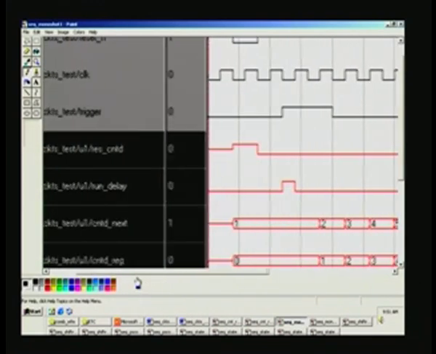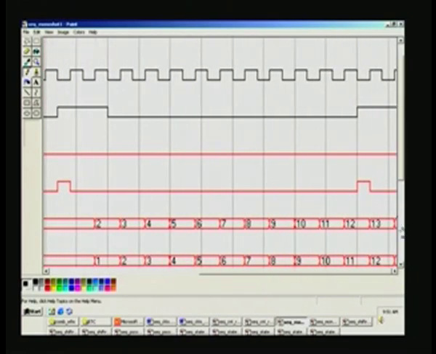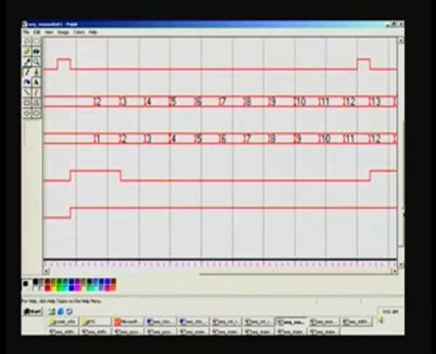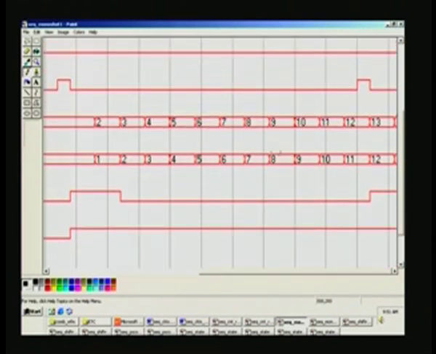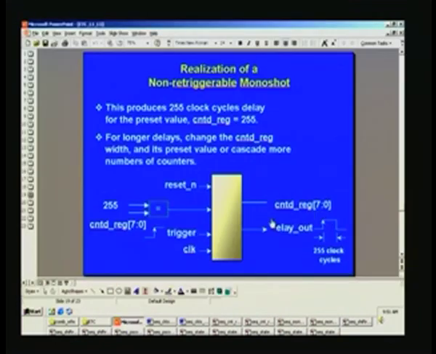That is what we want, and that is the meaning of non-retrievable mono. So, the counter is clearly working: 0, 1, 2, 3 and so on, and it keeps going. We will come to the end and see. And another thing is the actual output is the delay output that you have seen here, that is this one, and